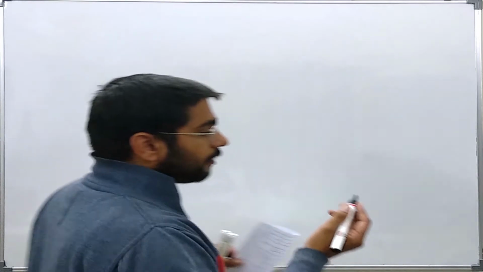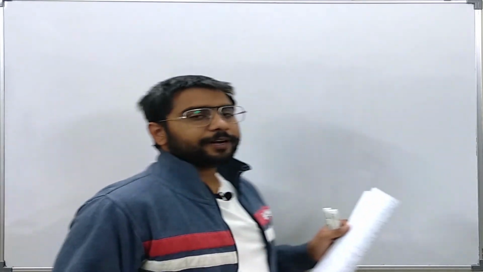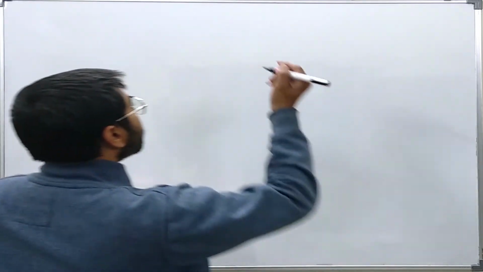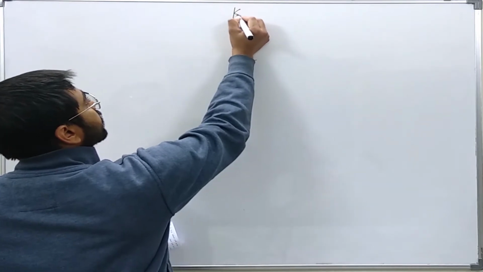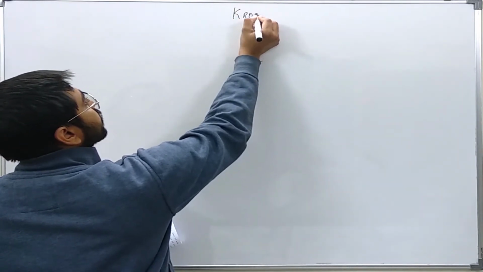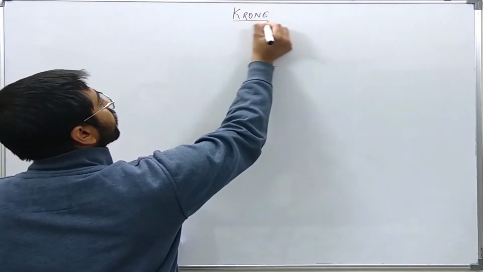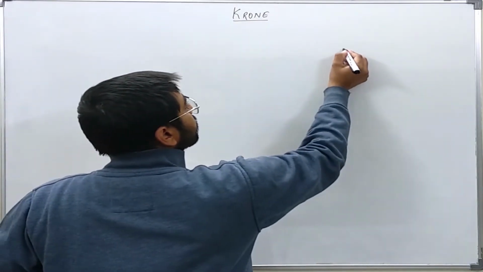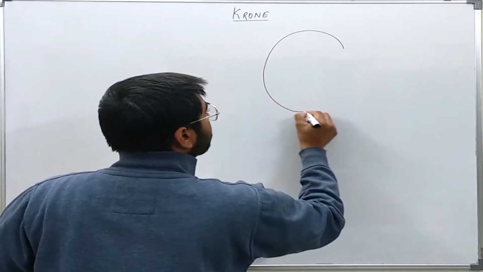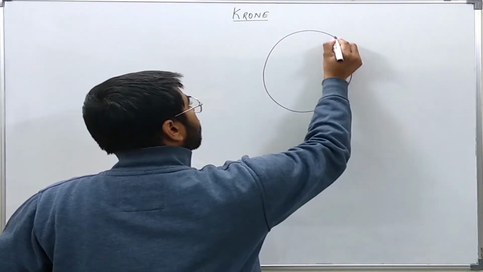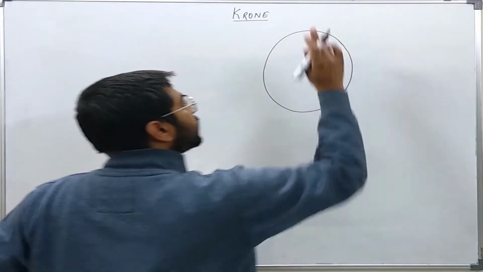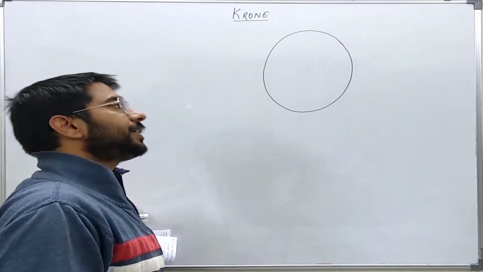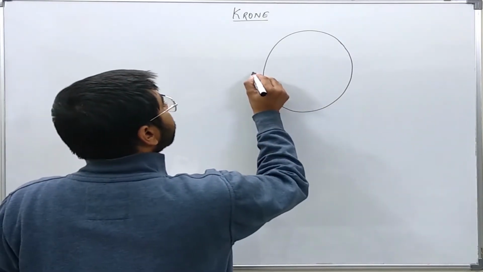So what does Kron's primitive machine mean? Kron is the name of the researcher. According to him, the synchronous generator or synchronous motor can also be represented by a primitive machine with windings